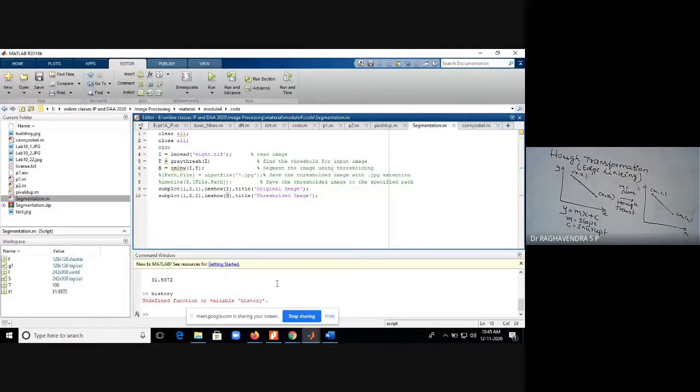So let us find out. We will execute this program. So this is the run prompt. If you click on this run, this code will be executed. So let us check what will happen. It needs some 30 to 40 seconds to run because MATLAB is a little bit slow.